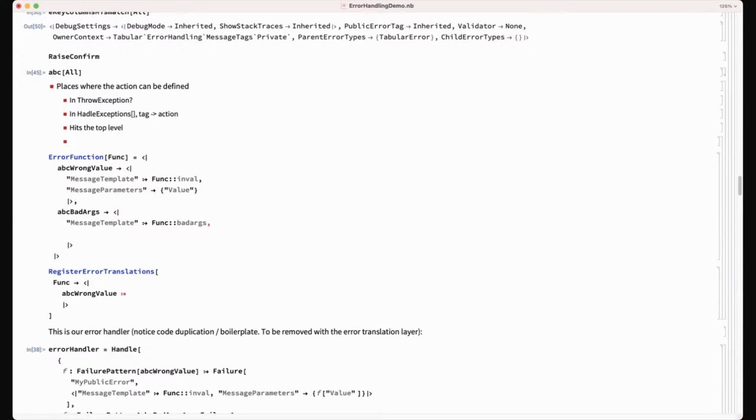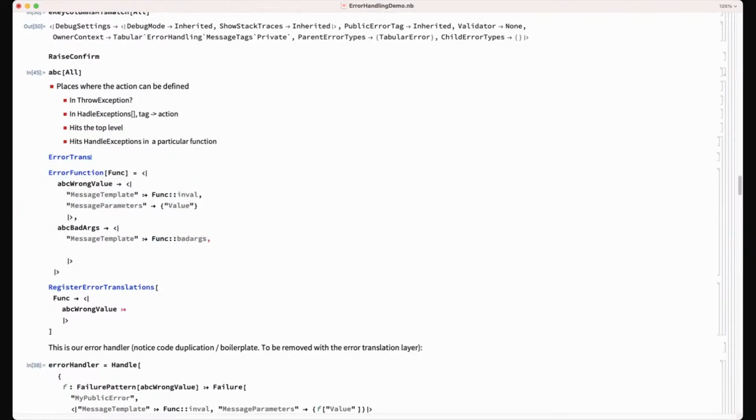Right. Well, let me just first write it down. I need to go very soon. In a particular. But the way we envision that would be that essentially the implementer of a function like func, they'll do something like error translate, or whatever we call it. It's an error value, so to speak. Yeah, error value, exactly.